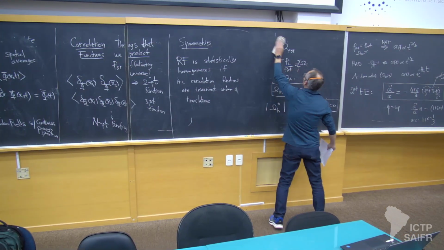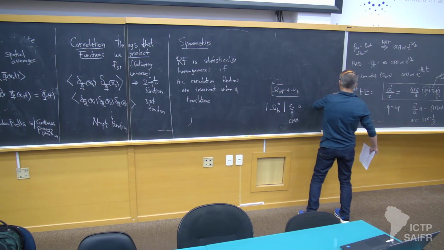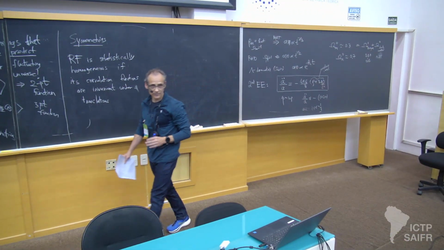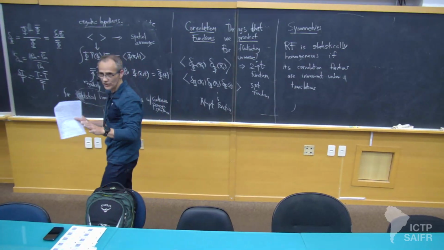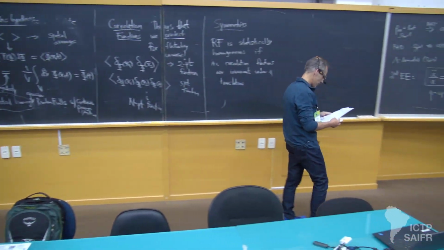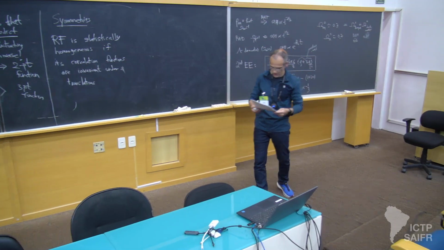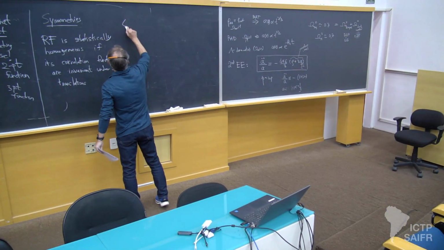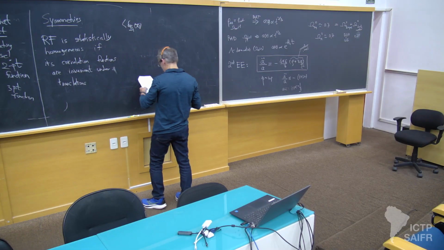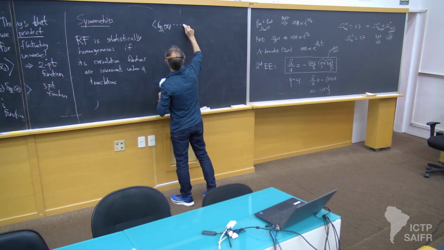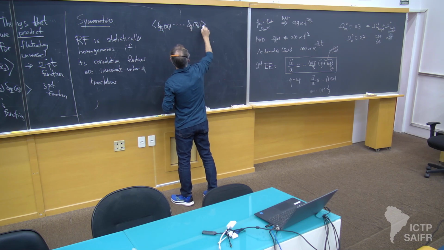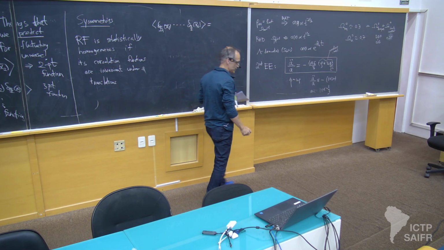And as usual, when you have a symmetry, you have a lot to gain. That's the lesson of physics. Symmetries means good news. Okay? Things are about to get easier. Okay? So let's see how this works out. Okay? So suppose I'm measuring some horrible n-point function. Let me drop the time argument because it's not relevant for this discussion, right? We are only arguing about it at fixed time.